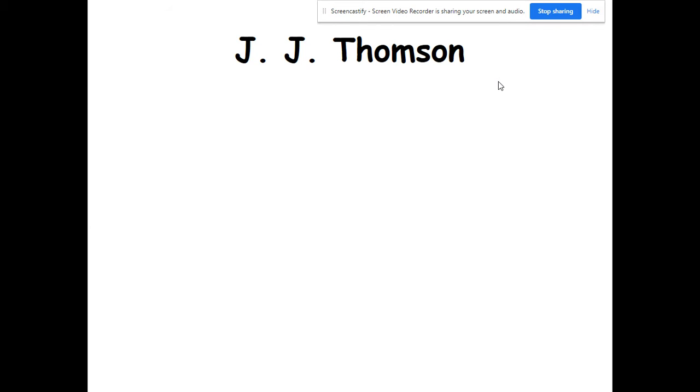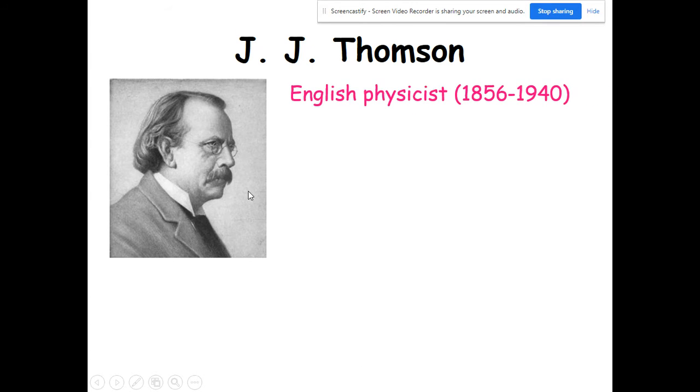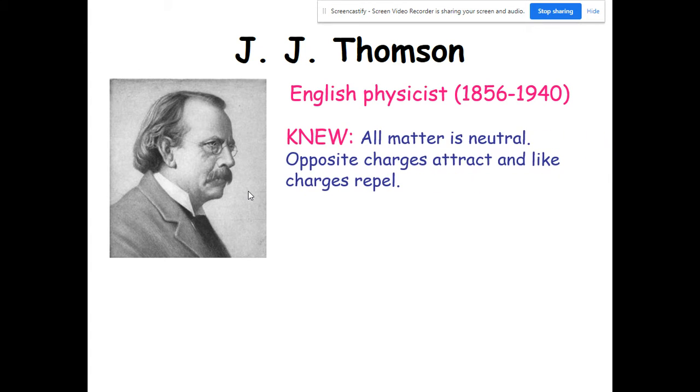All right, so we are now into our next model of the atom, and we're now on page number 53 of our notes book, J.J. Thompson's model of the atom. So J.J. Thompson was an English physicist who knew all matter is neutral and that opposite charges attract and like